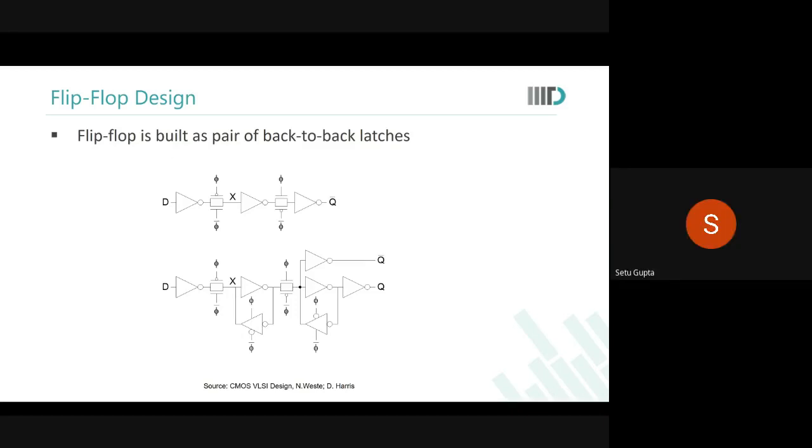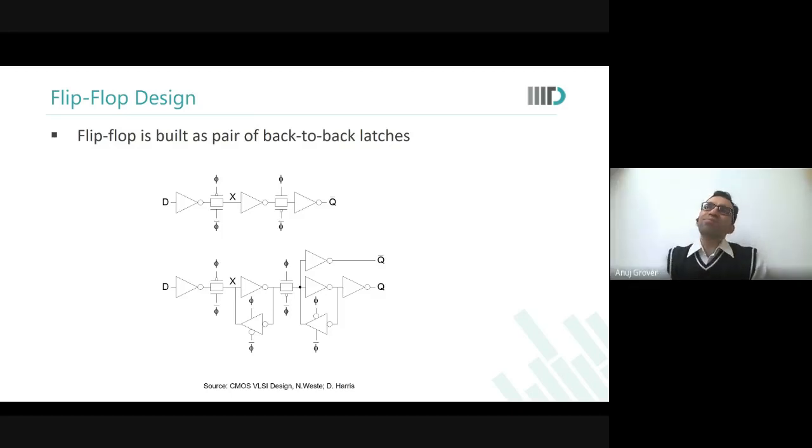So, sir, what I'm not able to understand is why this one is sensitive to overlap, because it's the same circuit, right? All I have is extra feedback. Then why does this make it sensitive to overlap? It is sensitive to overlap not so much in terms of disturbing the output. It is more in terms of short circuit currents that can happen at different places. Or the fact that this is not fully on or not fully off, there could be some leakage of information from this side to that side and so on.